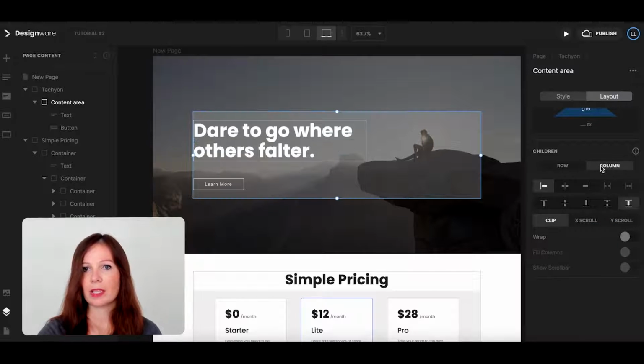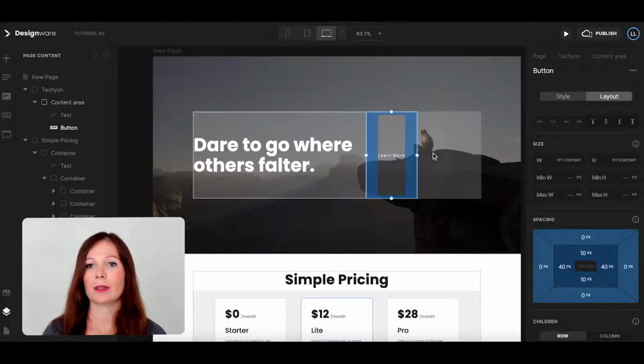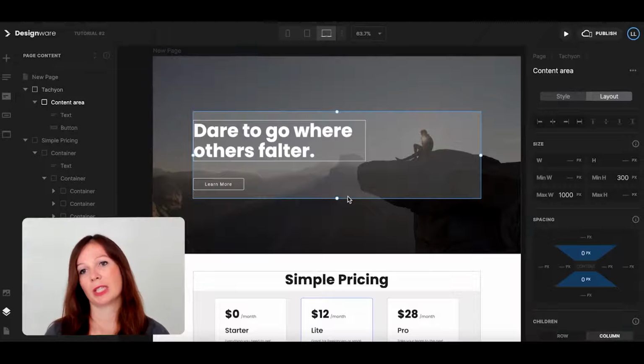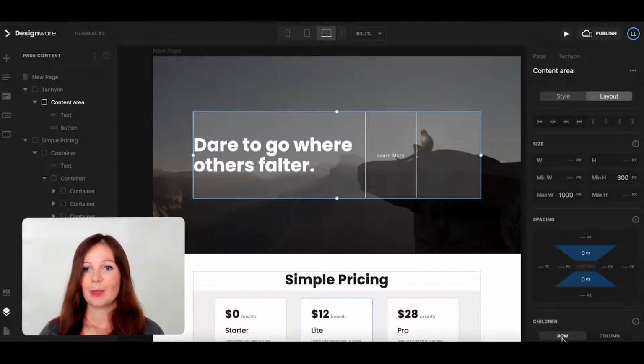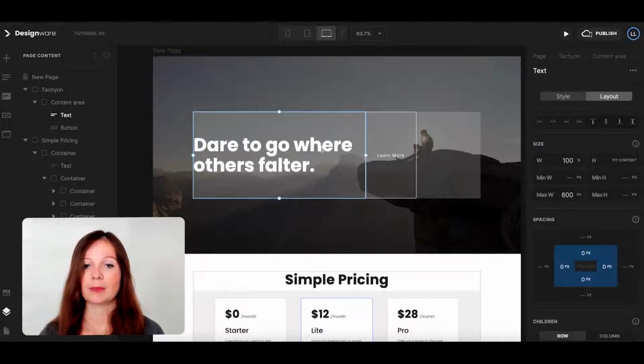So here direction can either be in a row, meaning that the blocks within the gray containers are going to be placed next to each other, or it can be in a column, in which case it would be one above the other. Now, keep also in mind that if you want two elements to be placed next to each other, for instance, you need to make sure that there's enough room for it. So for example, in this case, the title box cannot be wider than 600 pixels.